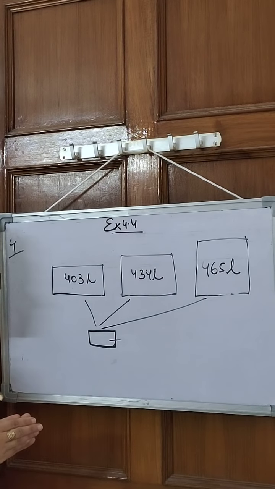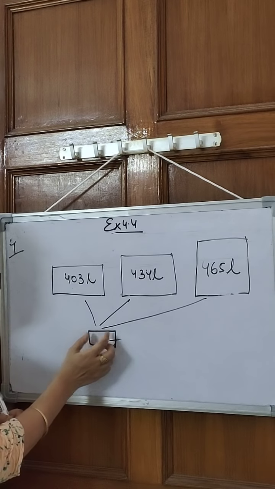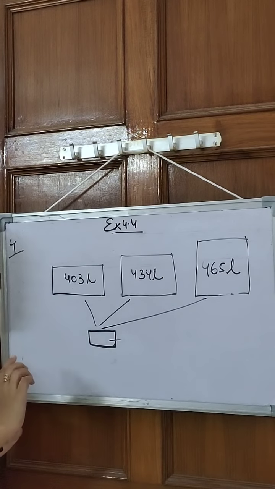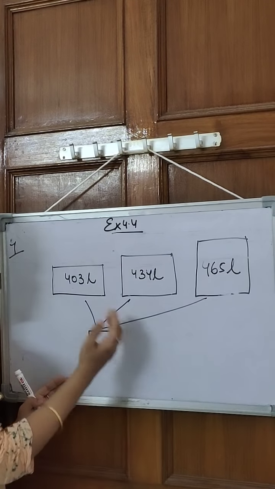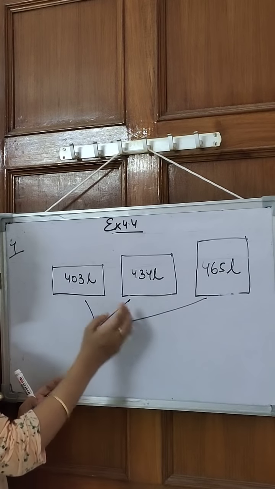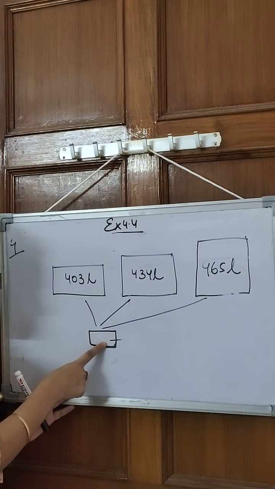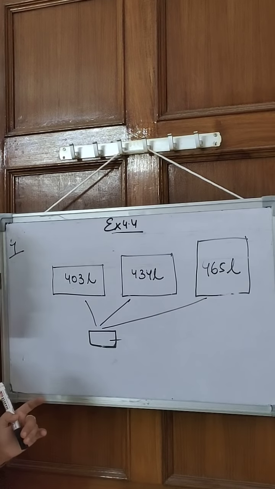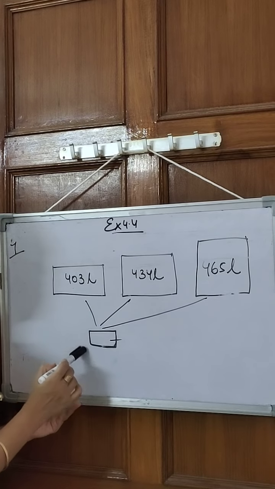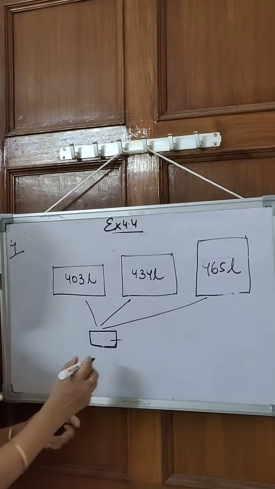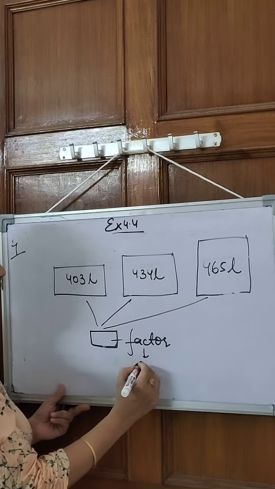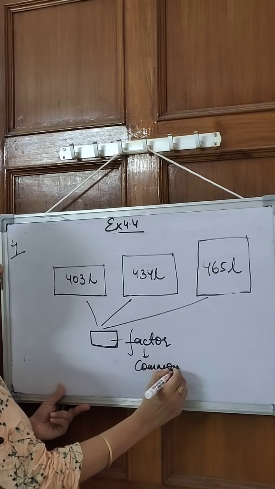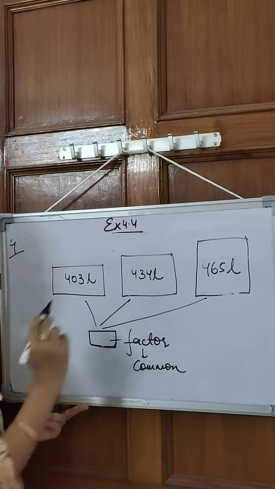So when this number is completely divisible, then only I will take a small amount and keep it, again take a small amount and keep it, and so at the end, when I take the last amount, nothing will be left here. Similarly in these 3 cases. This means that I need a factor here, a factor that is common, because it should be the same for all.